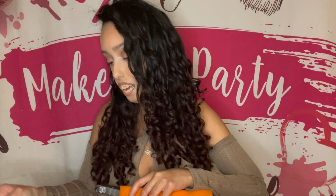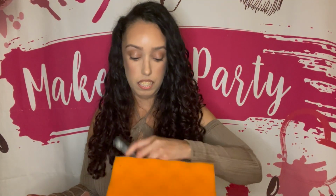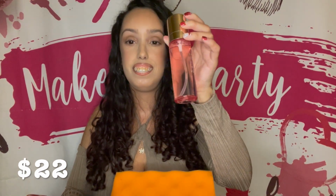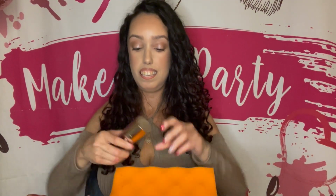Okay, the next item is Ciate London Watermelon Setting Spray, Watermelon Dew Setting Spray. I like the color, it's pink. I like the pink. I wonder if it smells like...